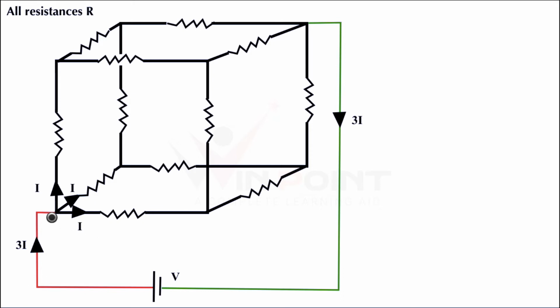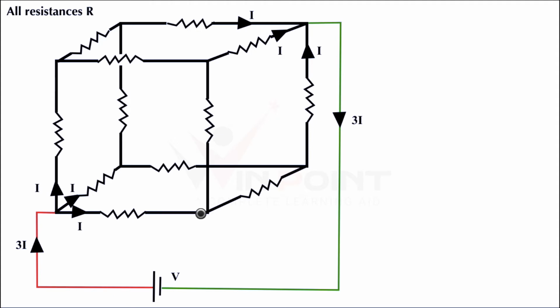If we have 3I current here and all the values are I, and here also we are getting 3I outside, what will these values be? It has to be I, right? Then only it will be I plus I plus I, 3I. We are getting 3I from this point, and from this point we are giving 3I current. Then it has to be I. It is symmetry, right? Now this current is reaching here.